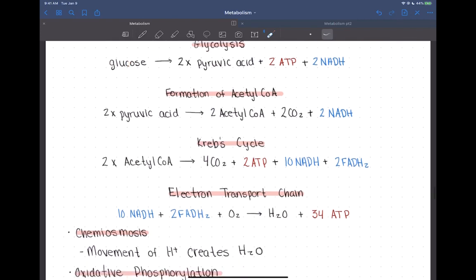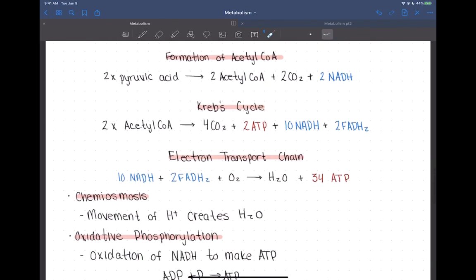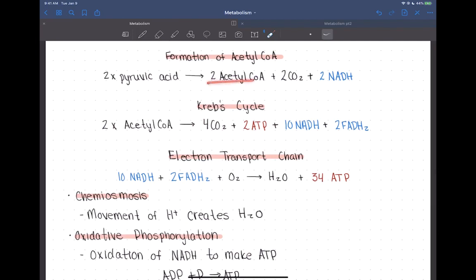All right, and so then we're going to take that pyruvic acid and put it into our next step, the formation of acetyl CoA. So with this process, we are going to remove one of those carbons from the pyruvic acid and get rid of it as CO2. We're also going to form 2 NADH, and then we're going to end up with 2 acetyl CoAs, right? And so CoA was our coenzyme. Okay, and so that coenzyme A is going to carry the acetyl to this next step, all right, our Krebs